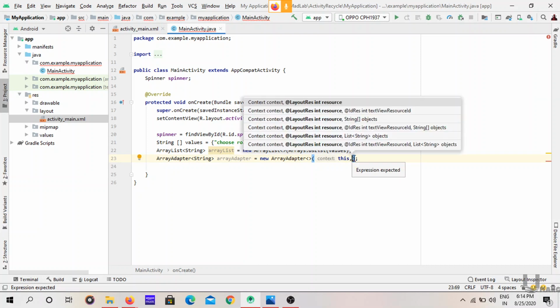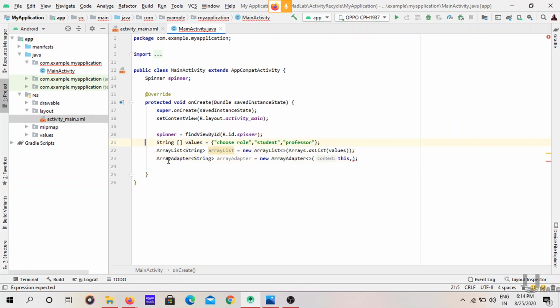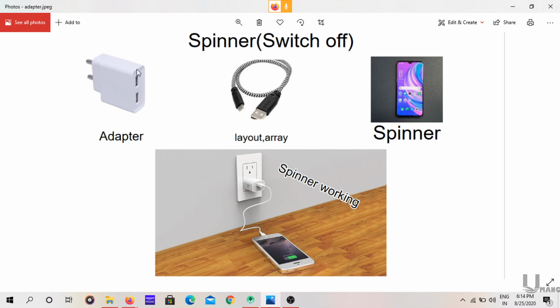And now we have to combine our adapter. I declared one adapter already, see, this one I have created. This adapter I have to create. And now I have to combine one layout for spinners. See, for what purpose am I using a layout here?